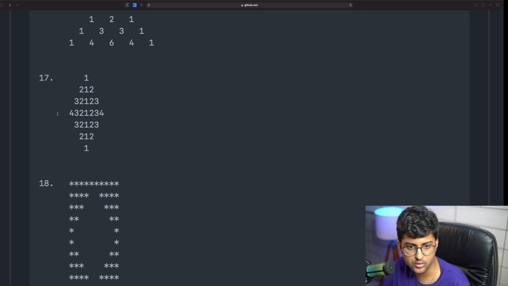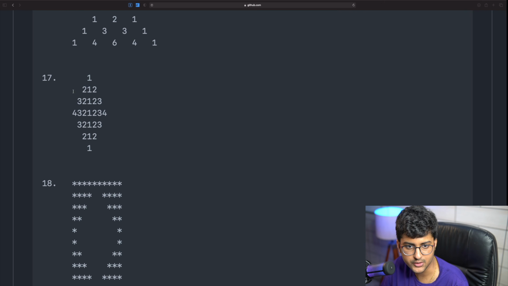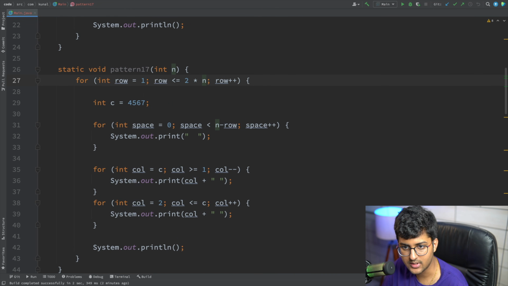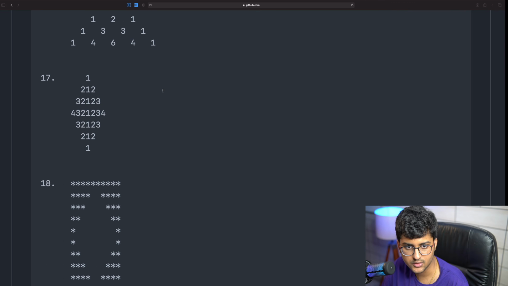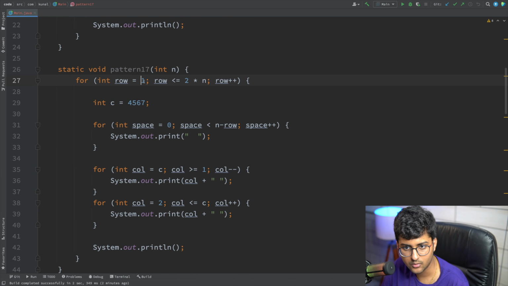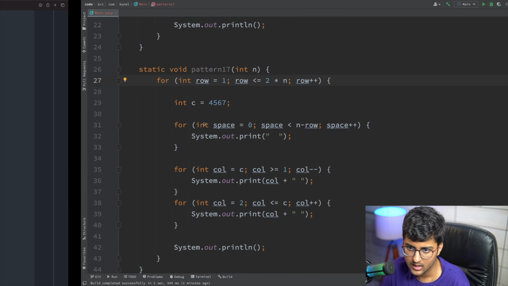Since we are following our rules, how many times will the entire outer loop run? Because we did copy paste, we have to fix a few things over here. Outer loop will run 2n minus 1 times. That's why we have 2n over here. So it's going to run 2n minus 1 times, that's why we have it from 1. So it's going to be like 1, 2, 3, 4, 5, 6, 7, which is correct. Cool. And it might have 1 space, 2 spaces above it or whatever. You can fix that if such things come into any pattern question.